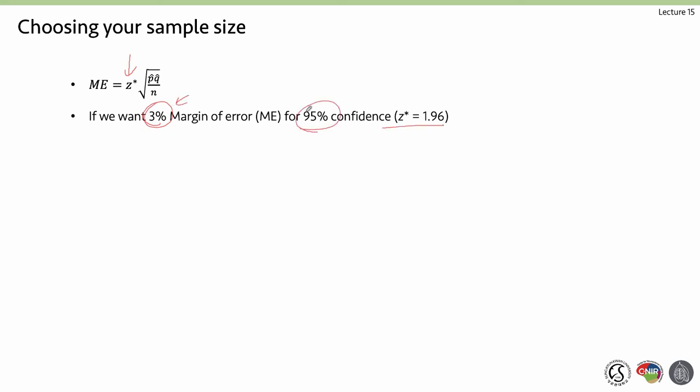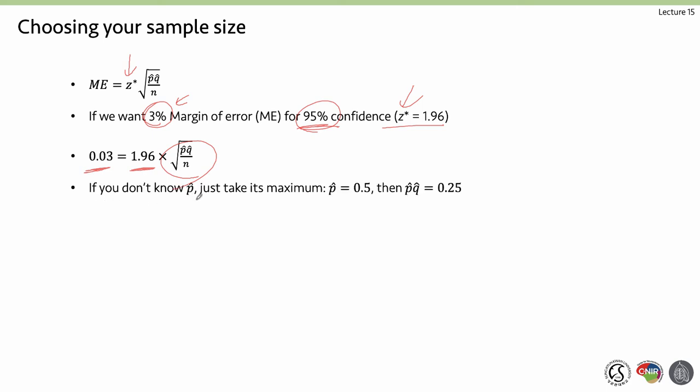As we said, margin of error can be expressed as Z star, the critical value, times the standard error, the square root of P hat Q hat divided by N. If we want a 3% margin of error for 95% confidence, the critical value Z star is 1.96.